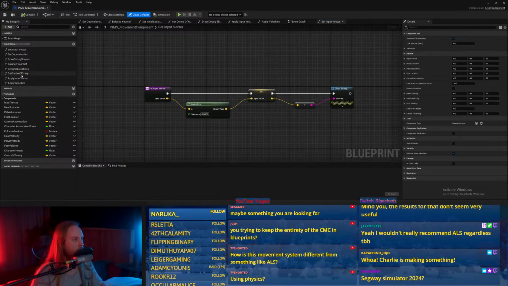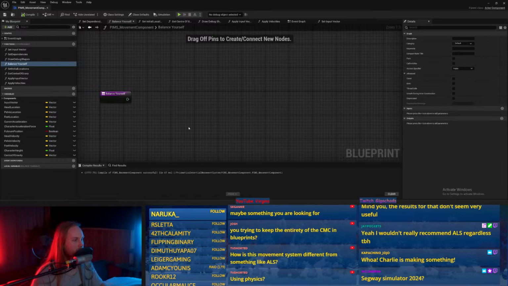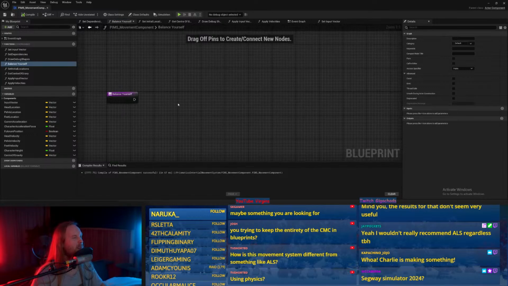Alright, let's just do balance yourself. Okay, how's this gonna fucking work? So everything wants to be... Trying to think. It's just the head and the feet that want to be over the center of gravity, right?